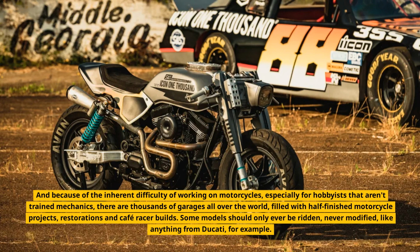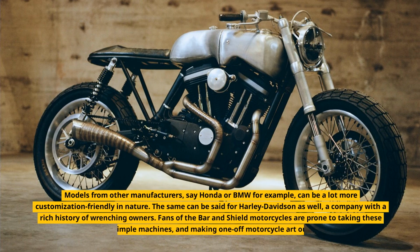Some models should only ever be ridden, never modified, like anything from Ducati, for example. Models from other manufacturers, say Honda or BMW, for example, can be a lot more customization-friendly in nature. The same can be said for Harley-Davidson as well, a company with a rich history of wrenching owners. Fans of the bar and shield motorcycles are prone to taking these relatively simple machines and making one-off motorcycle art